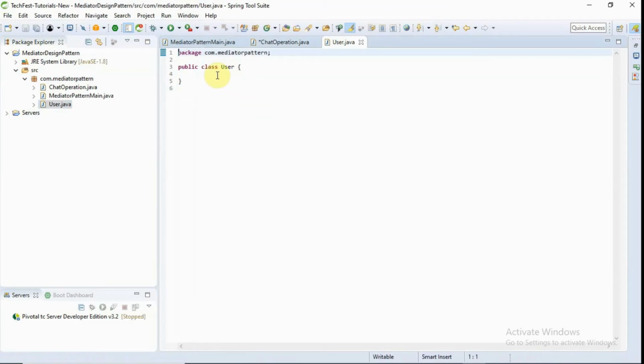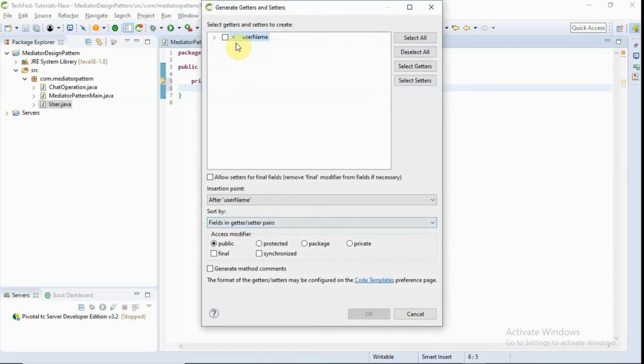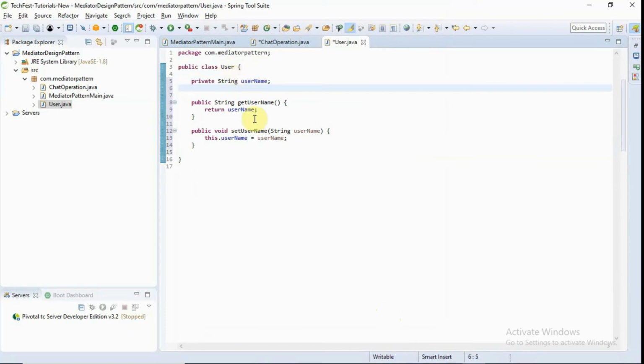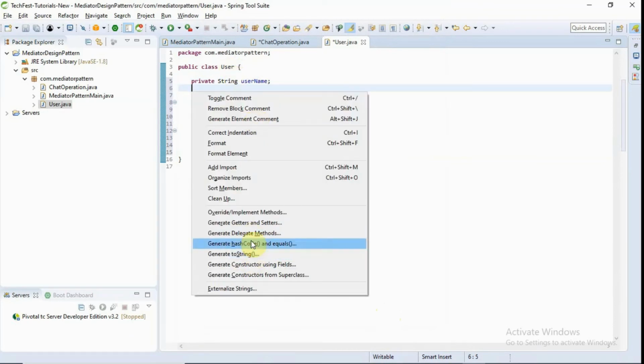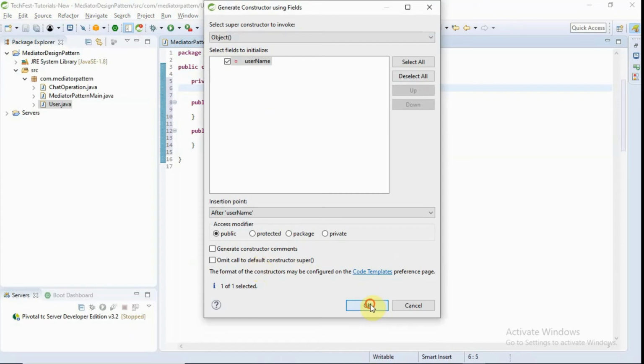This User class has one field called username. Now I am creating a getter and setter for the username field, and also a constructor.